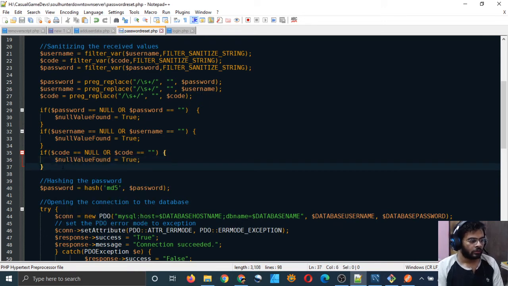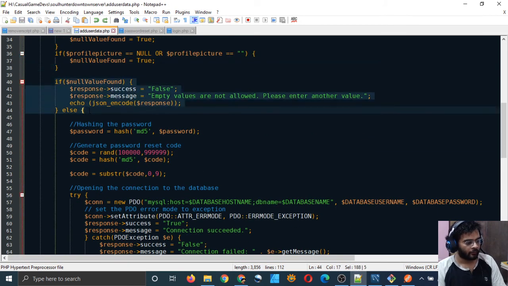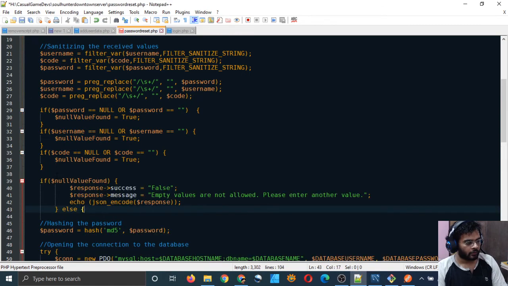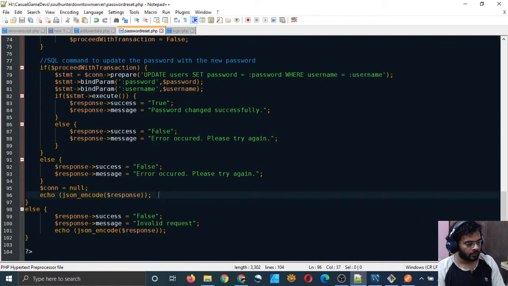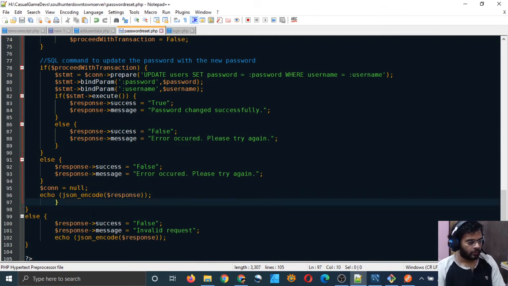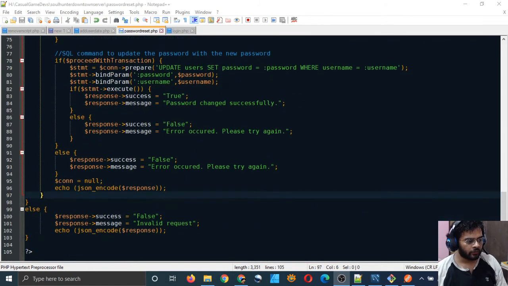That's good. Let me now just put that condition again. This one here, and the else part is this. I will close the else somewhere after this, and now I'll have to indent it. I will indent it, pause the video, indent it, resume it again. So I have indented it, and it should work.